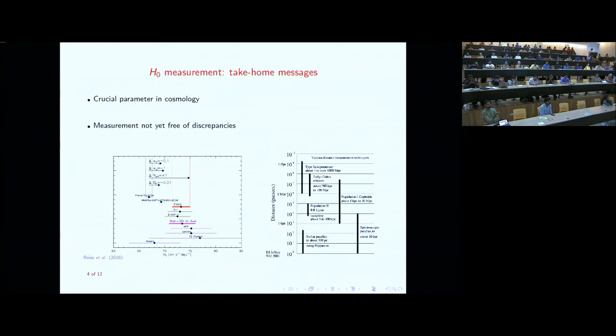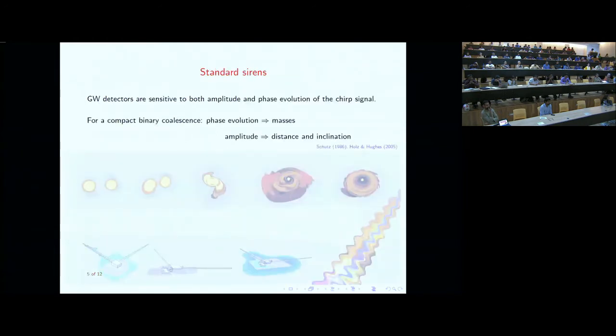Can I please go over to my next slide? Slide 5. I mentioned these Cepheid variables and supernova of type 1a as standard candles. Here I'm going to talk about standard sirens, and I will say that these compact binary coalescences serve as standard